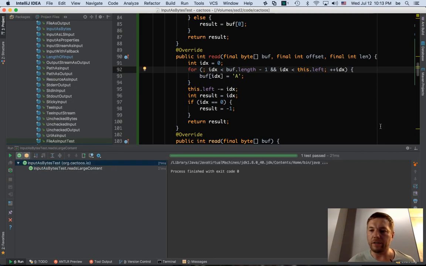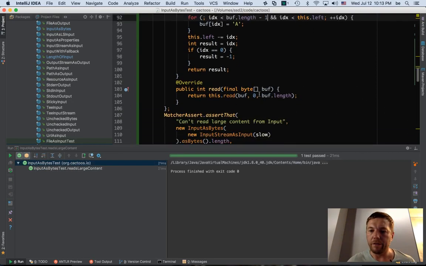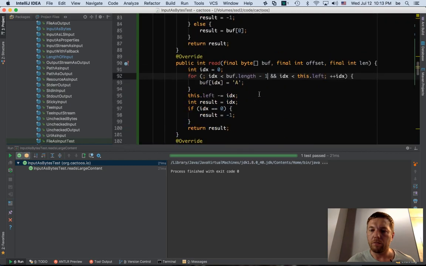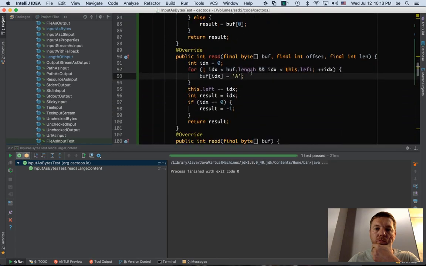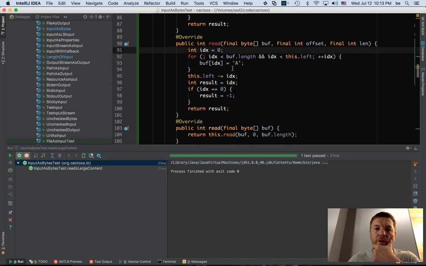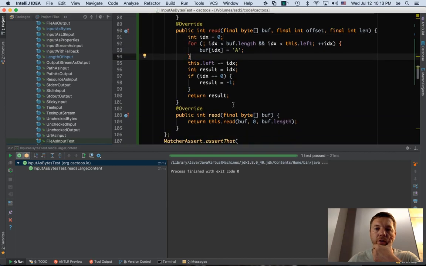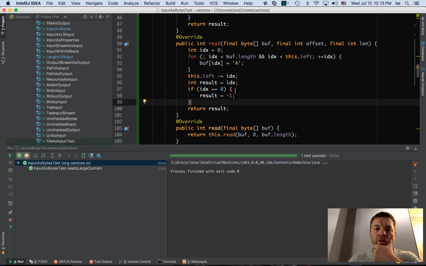Jesus Christ, again. So we need to make that buffer, so when they come in here, they are... but wait a minute, we fixed that.